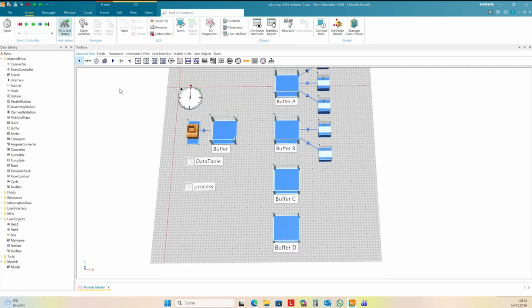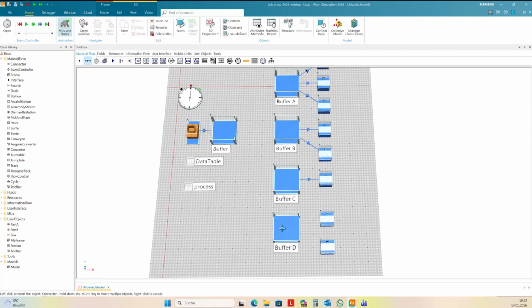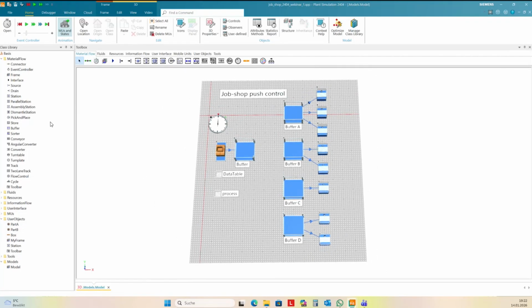C only 1. And D has 2 stations. And we need, of course, a drain at the end.